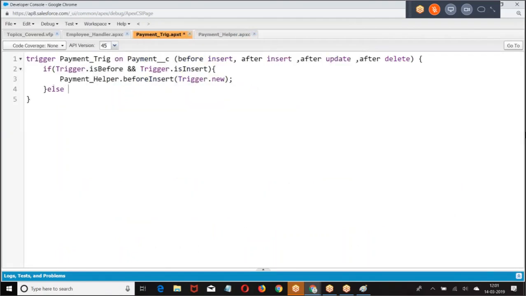Then I have else. If trigger is after insert, then write the code.